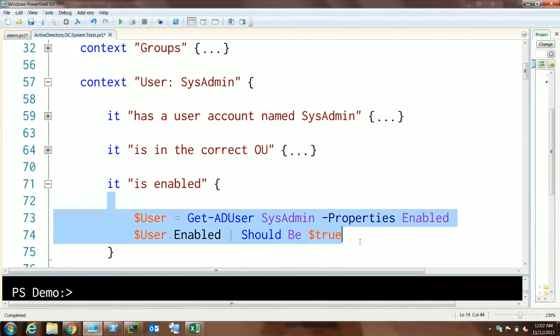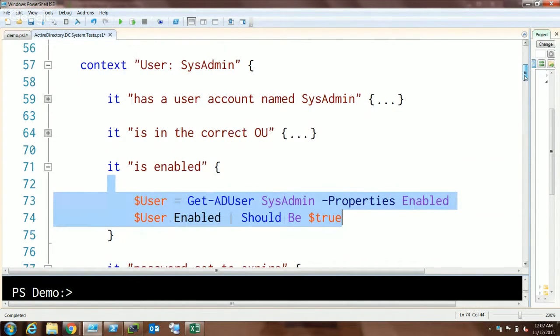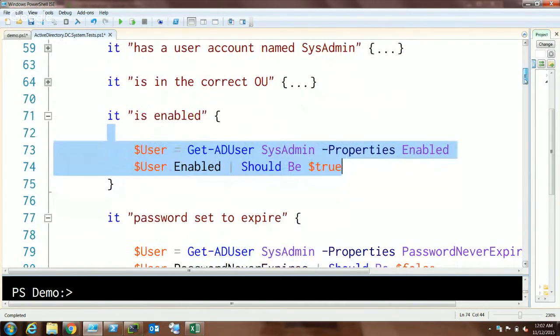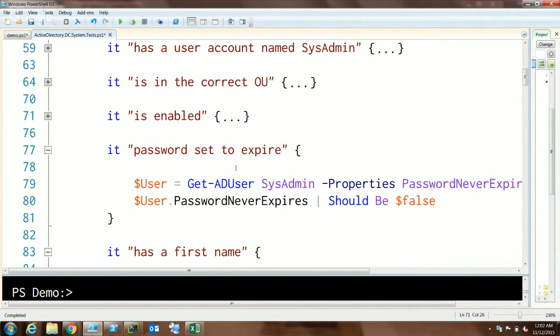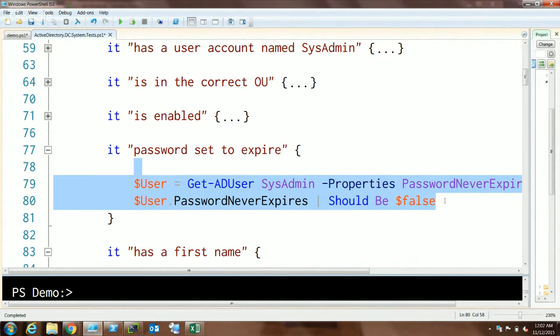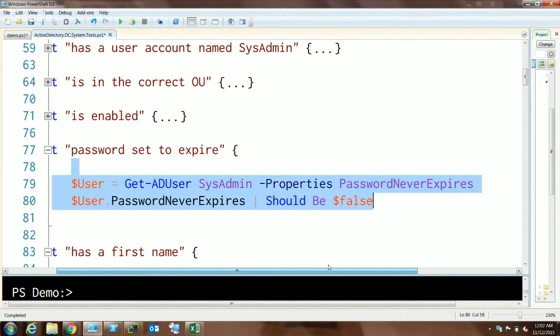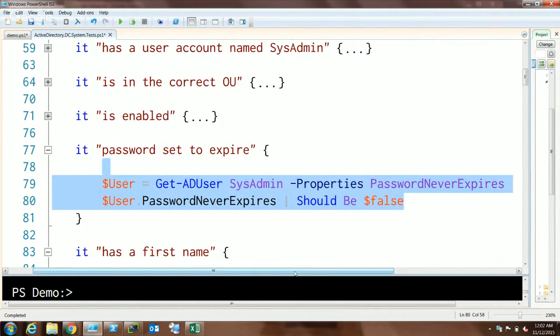Is it enabled? If it's not enabled, you're not getting anywhere pretty quick. So I'm basically identifying a property on the object, and I say the value of this property should be true, then it is enabled. Password expires, and what if somebody changes this on you? No need to wait until it gets through an audit to come back and change it. Just check it when you're validating the system. Does this property